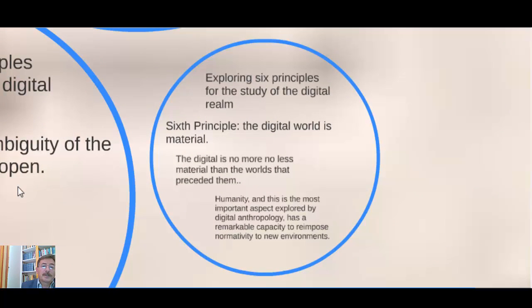The sixth principle is that the digital world, this image that you're seeing, my voice that you're hearing, even though I recorded the voice before you heard it, is similarly real. What you're listening to now is what I meant for you to hear when I was recording this. And this voice is material, and the digital world is material. So it's no less material than an old 11th century church in Europe, and it is no less material than a desk that you sit at when you're going to class.